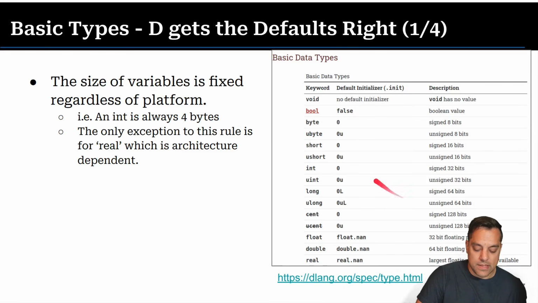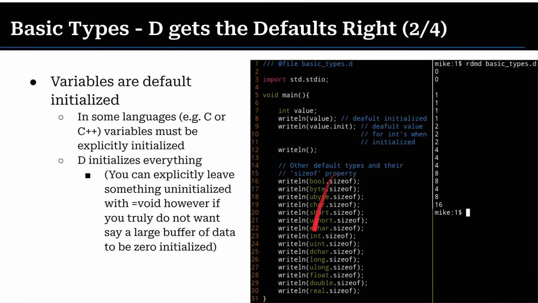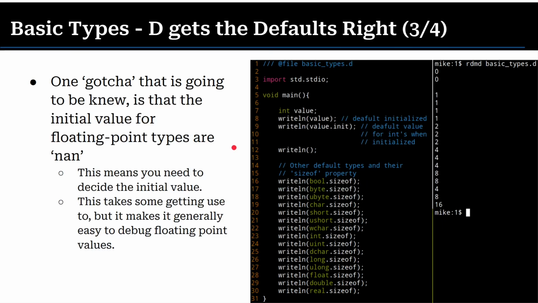So what you see in this table here is the default value that they're initialized to and how many bits they take, which is really, really nice, because then, if you're trying to write portable code, you know that, again, an integer is always 4 bytes. So you can go ahead and check that. You can print out the properties here, size of, similar things that we know how to do in a language like C or C++. And again, you can see the default initialized values as well with a dot in it if you want to check those things out.